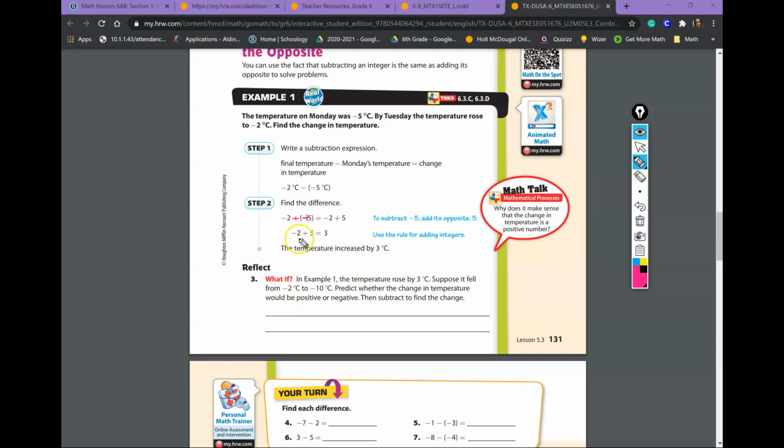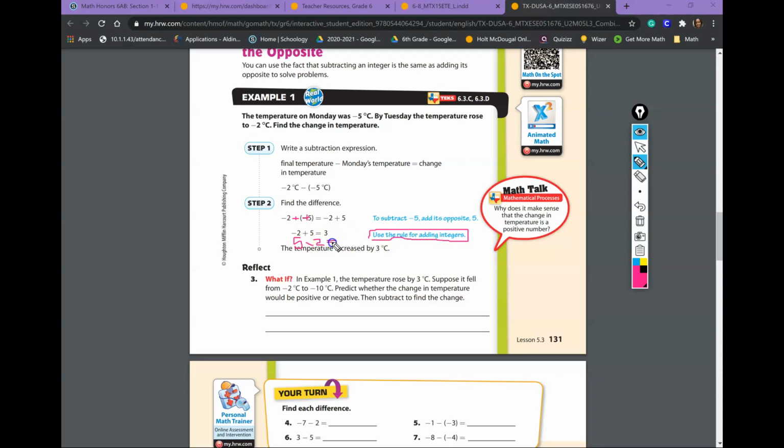Okay, so when we do that, we're going to use the rules for adding integers. So like the song in the music video, same sign add, different sign subtract. So we're going to subtract. So you can say 5 minus 2, which